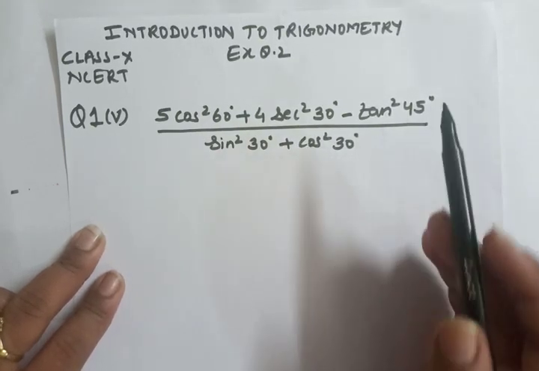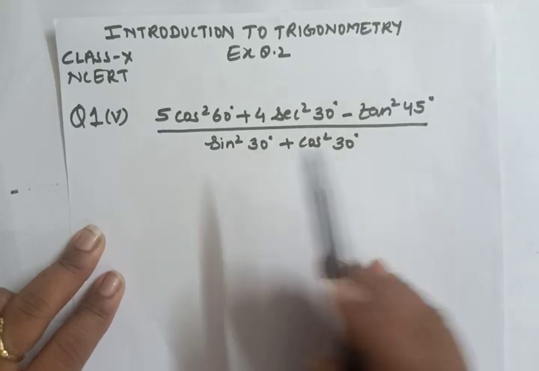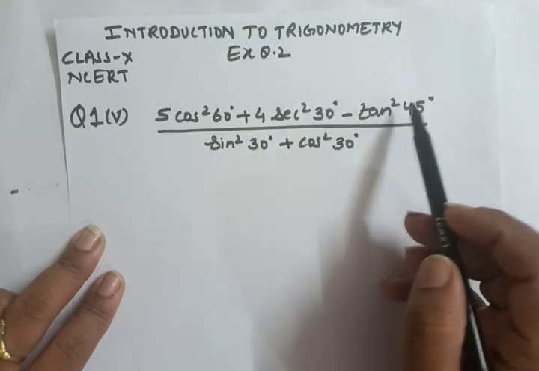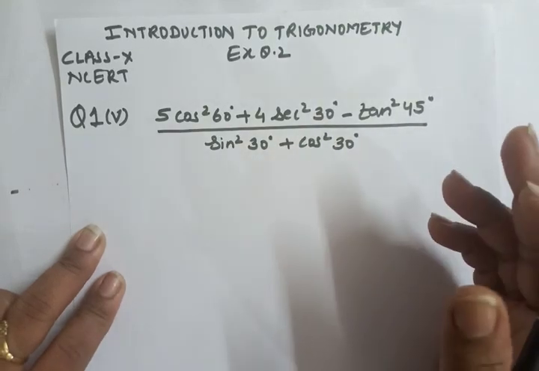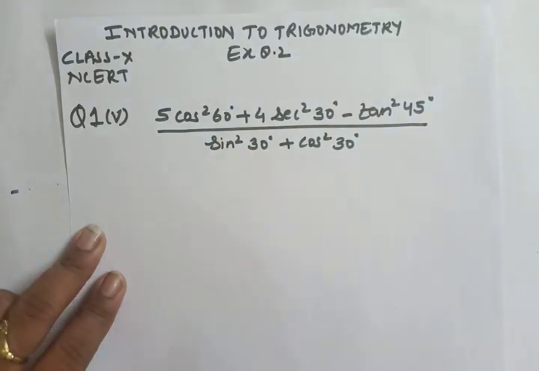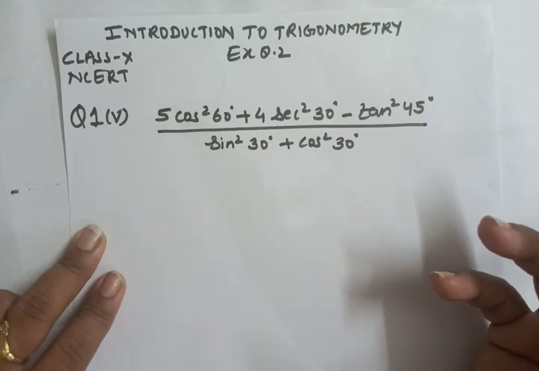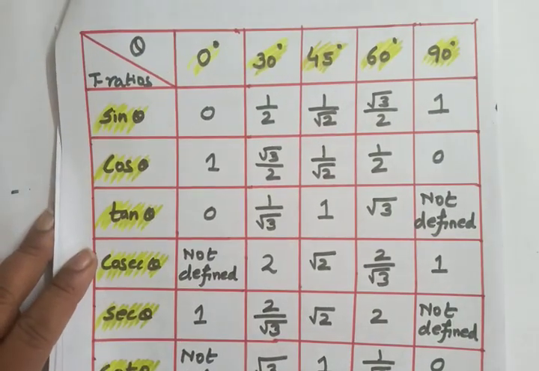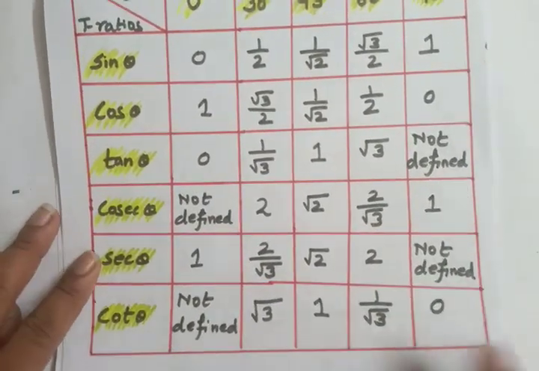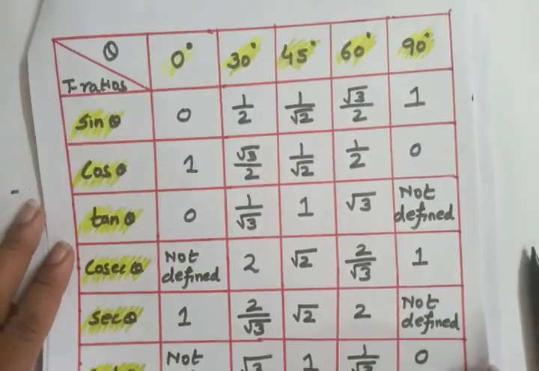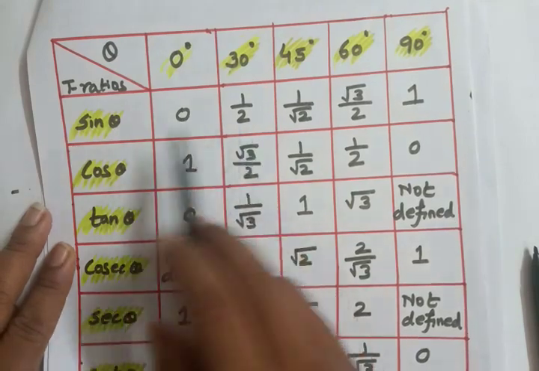I hope that if you have seen my previous video, you can get to know about all the values of cos 60, sec 30, tan 45, and the procedure also, how easily you can find the value and how you can make the table for the standard angles. Let's go through it again. I am showing you the table. This is the table that we found in my previous video, and it is for all the standard angles.